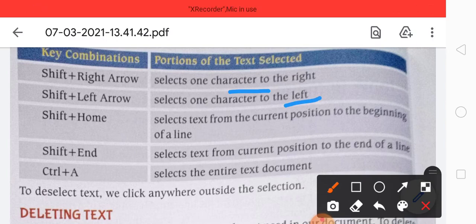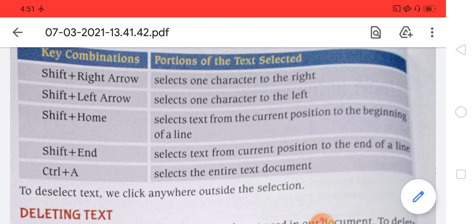Shift plus home selects from the current position to the beginning of a line. Shift plus end is used to select text from the current position to the end of the line. Then Ctrl plus A selects the entire text document.